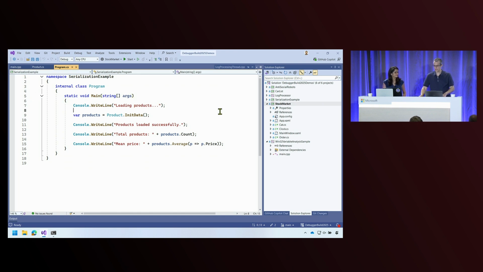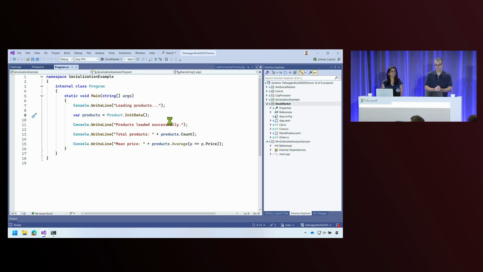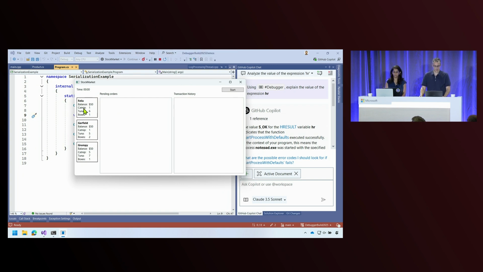So we have one more analysis feature. It's going to get even more advanced now. We're going to look at debugging a multi-threaded application here. Now, let me start the application just to get a feel for what it does. It's basically a stock market simulation app between 3 cats here. Once we click the start button, they're going to have some stock transactions, but at some point we'll see them not progress, and they will run into a deadlock, and we're going to investigate why that's the case.